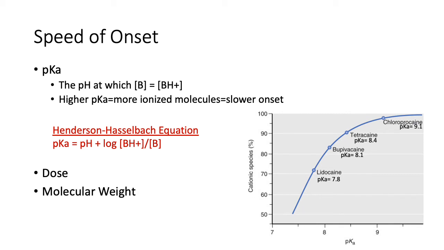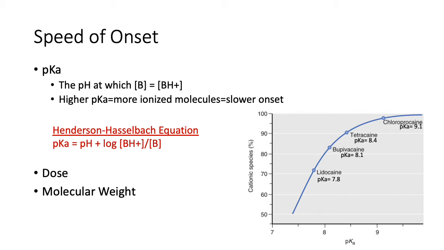For bases, such as local anesthetics, the higher the pKa, the greater the fraction of molecules that will be in their charged form in solution. Therefore, the higher the pKa, the fewer uncharged molecules are available to cross the cell membrane, and the slower the onset. This explains why lidocaine, with a pKa of 7.8, has a faster onset time than bupivacaine, which has a pKa